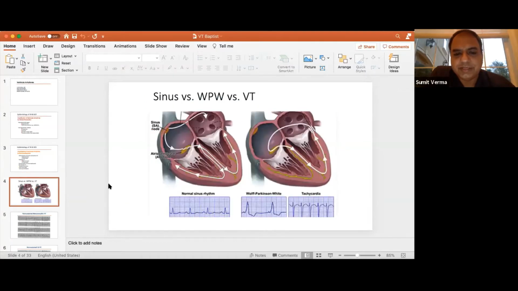So this is somewhat basic. Obviously, if you've been in the EP lab and worked there for some time, I think this would be very basic for you, but to understand the pathways, what happens during VT and what could be the relationship with the atrium, I think it's good to discuss that. So in sinus rhythm, of course, the conduction goes down the AV node, down to the